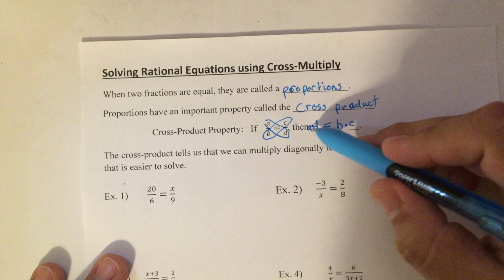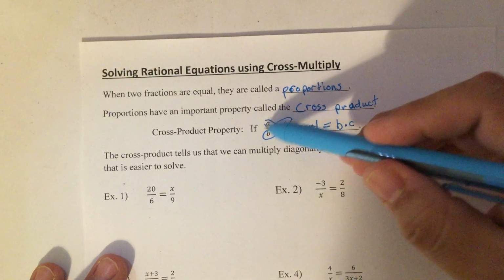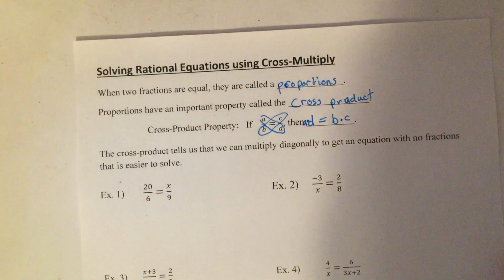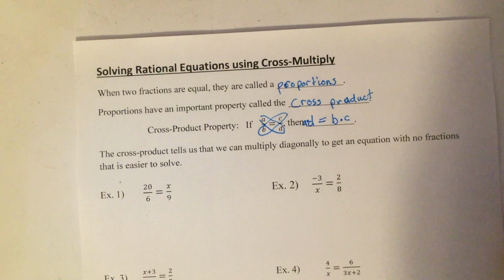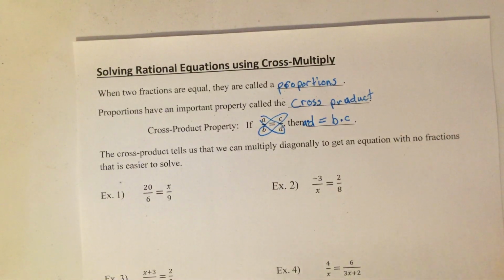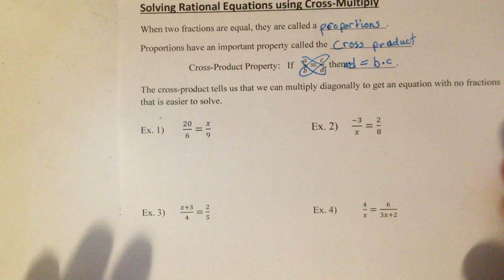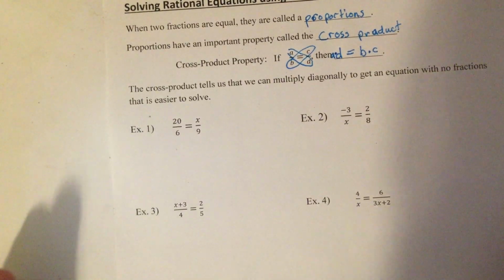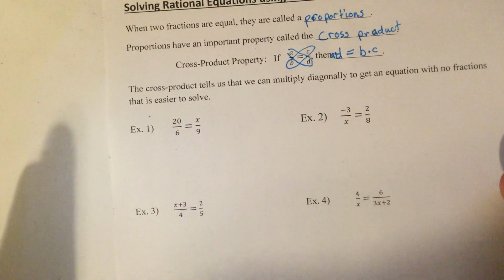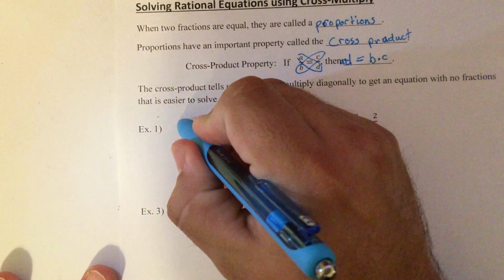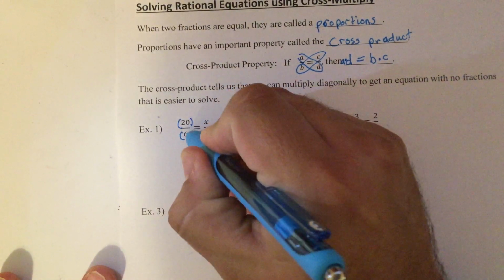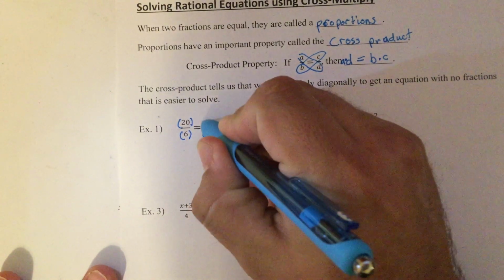Okay, again, a times d equals b times c. So the cross product tells us that we can multiply diagonally to get an equation with no fractions. It's easier to solve. So basically you're solving for your missing variable. Do two really quick examples, and I'm going to set them up so that you see them. It's going to be step by step, but I'm going to put everything in parentheses, and you're going to see why I do that